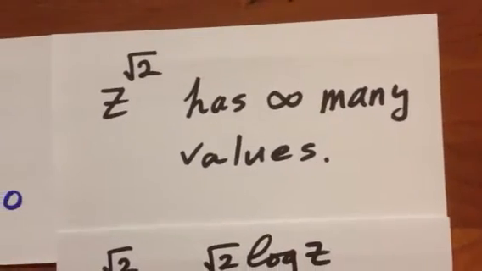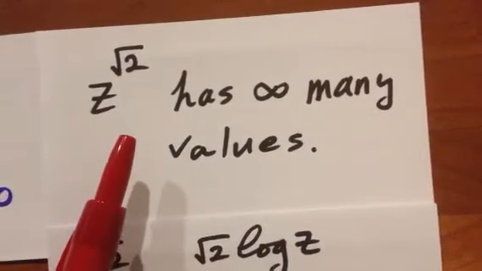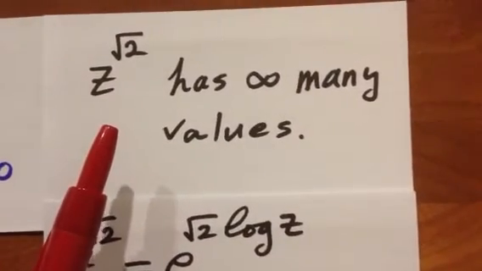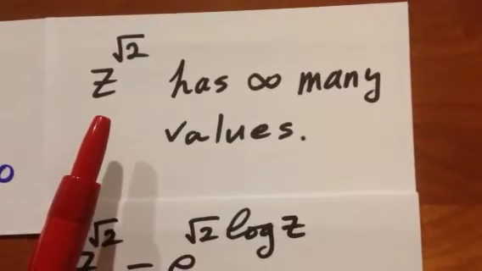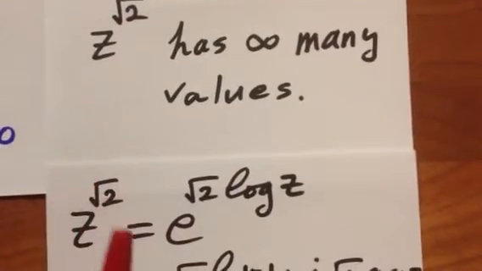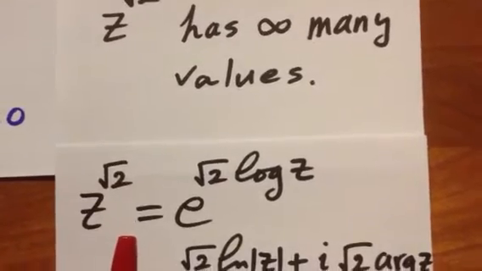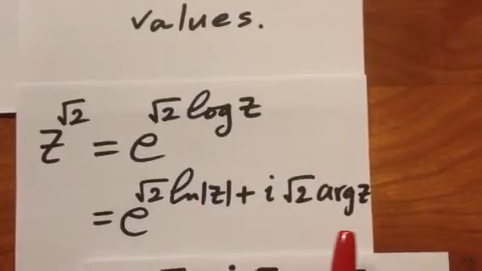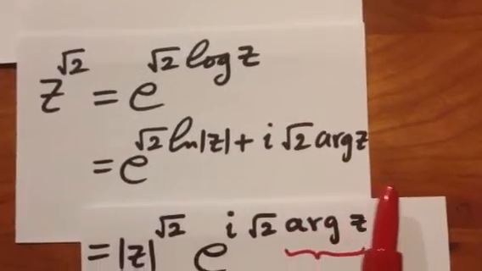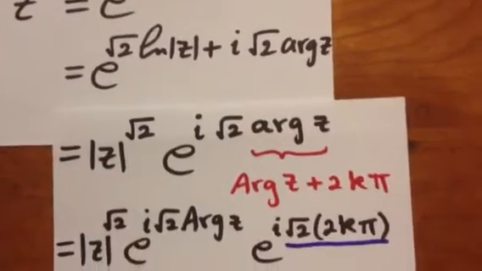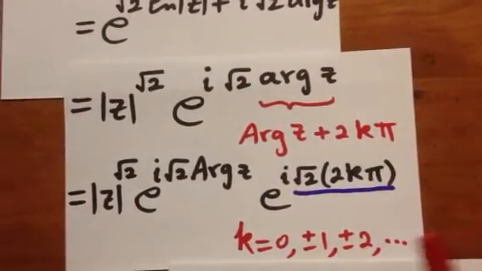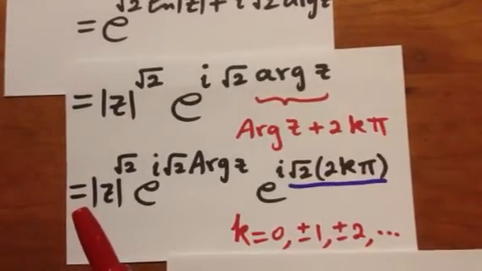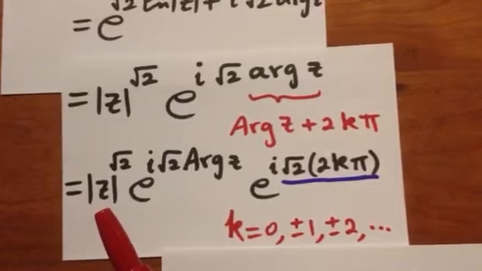We are proving that z to the square root of 2 has infinitely many values for every complex number z except 0. First, we apply the definition of z to the alpha, and then the definition of log z, and then the definition of arg z to get to this point, where z to the square root of 2 equals